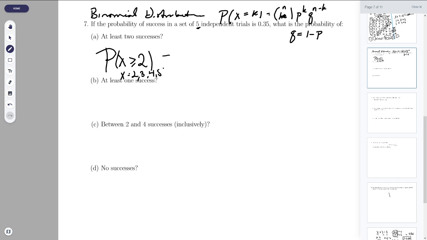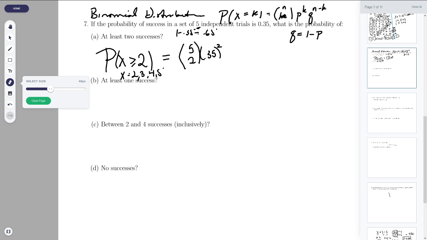So we can just add up, for instance, 5 choose 2, 0.35 squared, and then we have to do 1 minus 0.35, which is equal to 0.65, times 0.65